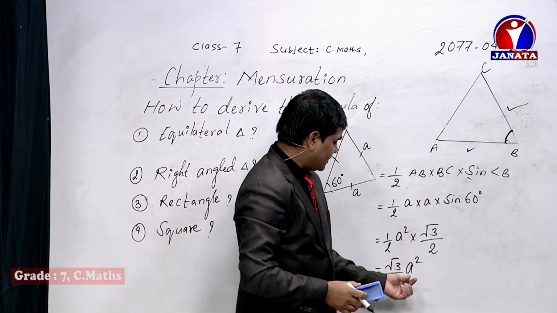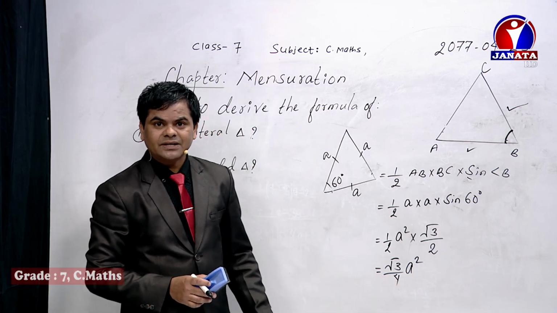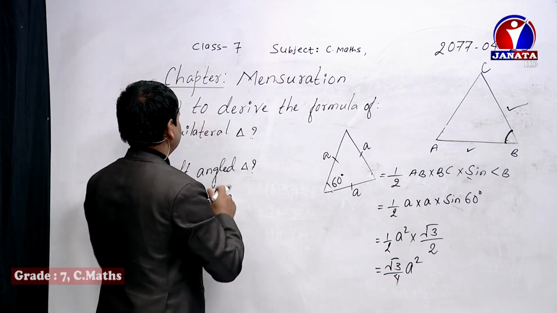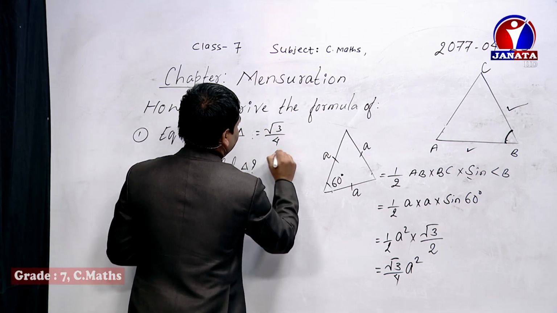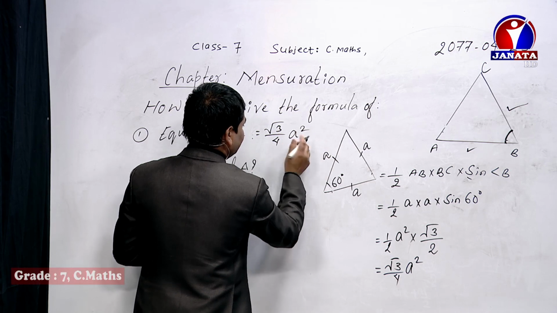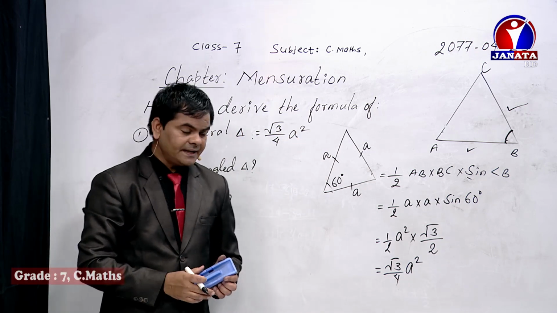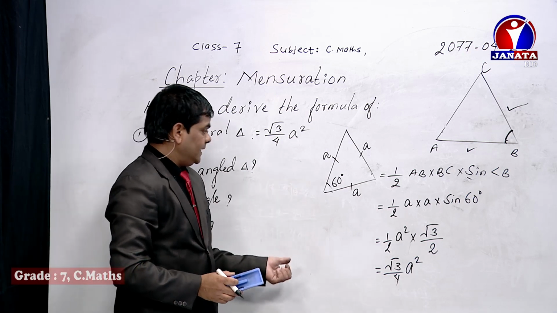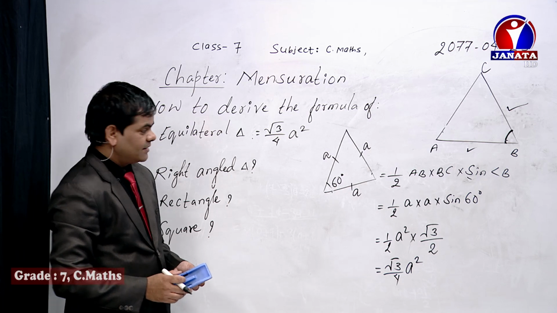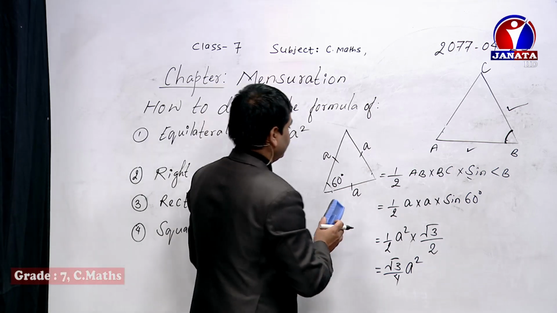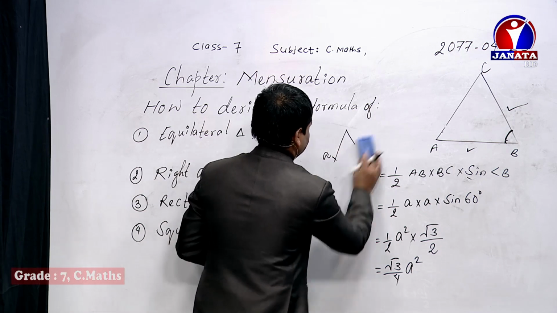So by using this one I have got the formula of the equilateral triangle as root 3 by 4 A squared. So we write the formula as root 3 by 4 A squared. Here A means the length of the side of the triangle, okay. Now similarly, if we need to find out the area of a right angle triangle, how do we use this formula? The same formula now I am going to use, okay. You just copy all this, and then let's start